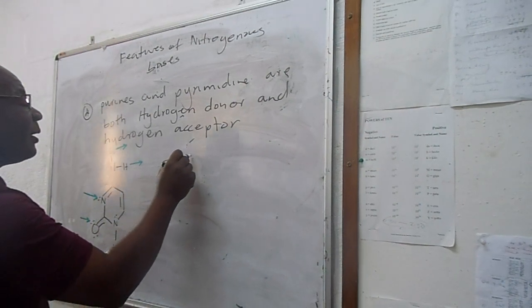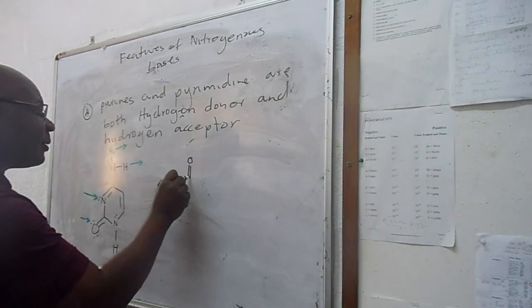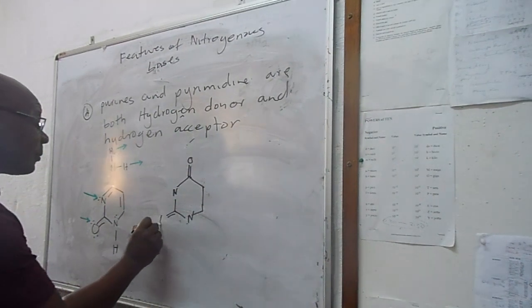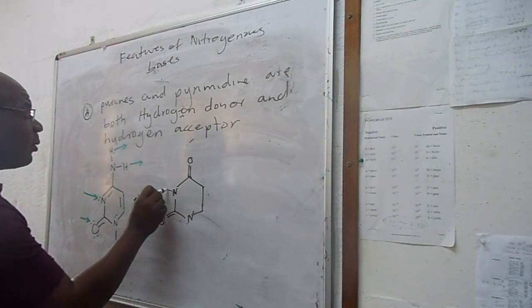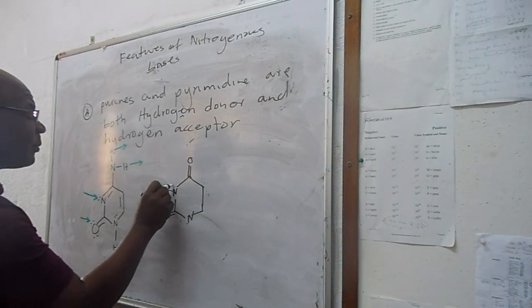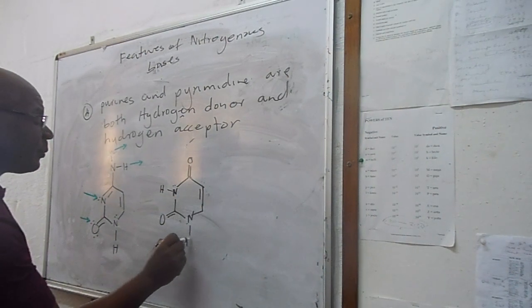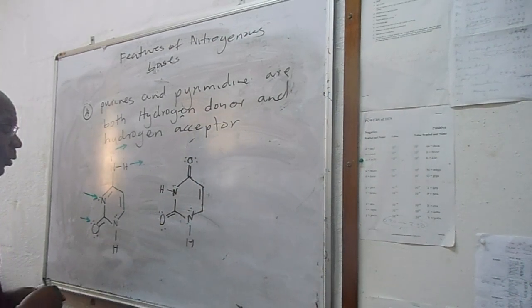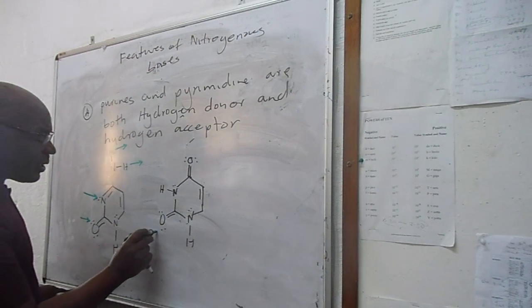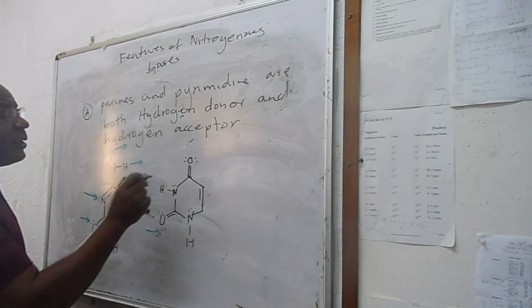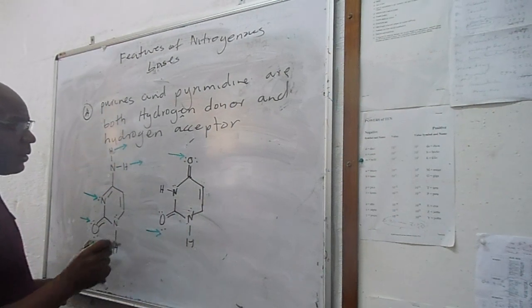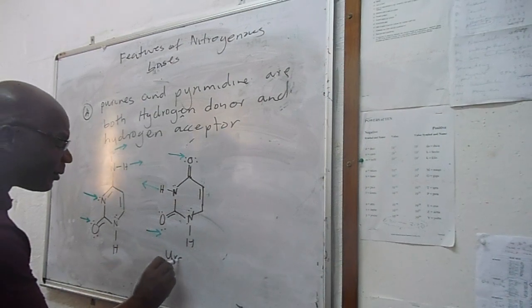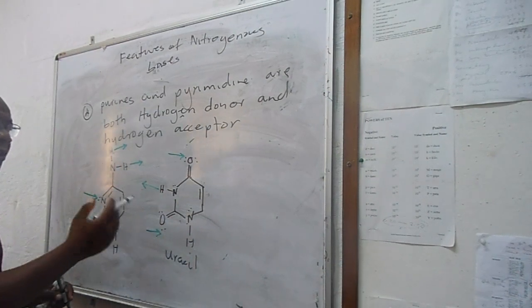Similarly, if you look at uracil, that is uracil. Remember, there are two lone pairs here. So you can say this can receive a proton. This can donate a proton. So uracil is also a hydrogen donor, can donate